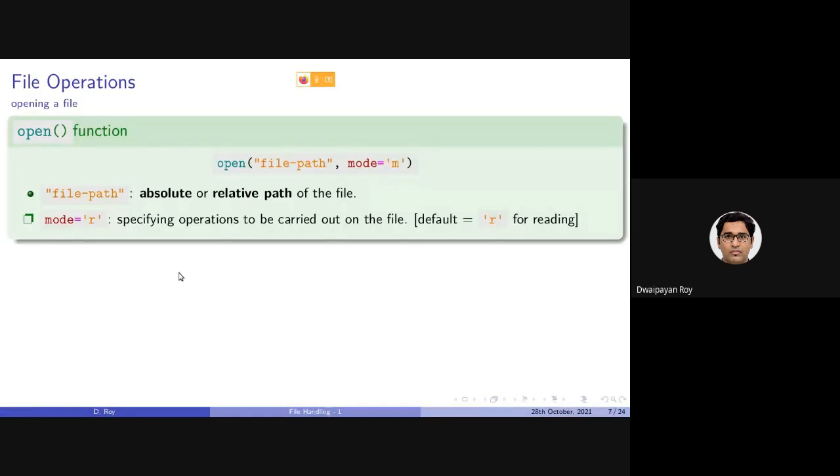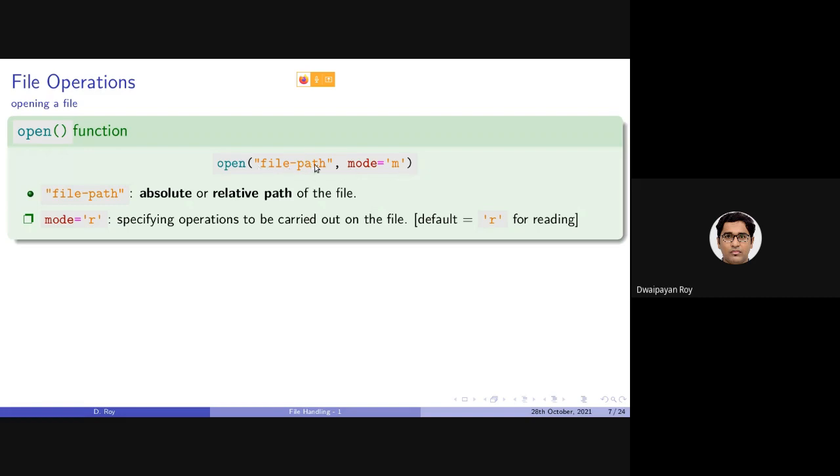So how to do that? To open a file, there is a Python inbuilt function called open. The open function takes two arguments. One is the file path, which is a mandatory argument, and another is an optional argument called mode.